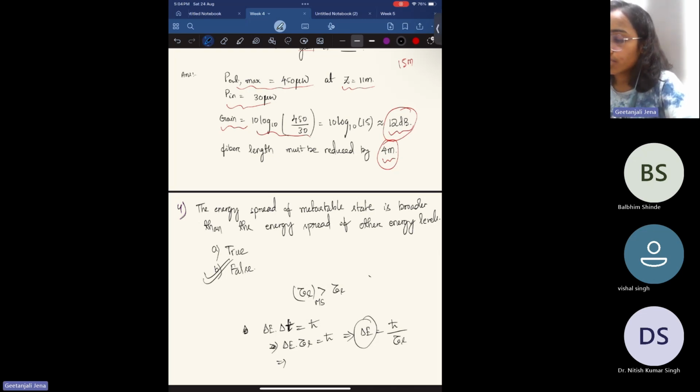Now, the closed resonator, in contrast to the open resonator: the light is confined over a volume. In the open resonator the light is confined over a length, but in a closed resonator the light is confined over a volume. That means the number of modes, that is, the number of ray paths propagating parallel to the mirror or at an angle to the mirror, will be allowed in the closed resonator case. So the number of modes or ray paths that is possible in the closed resonator is greater than in the open resonator.